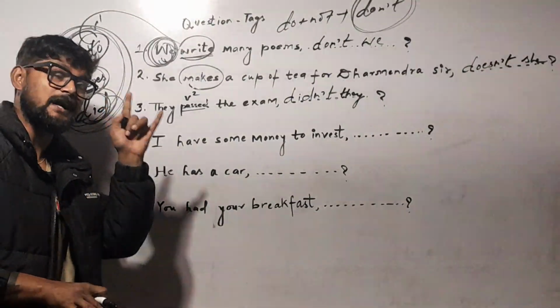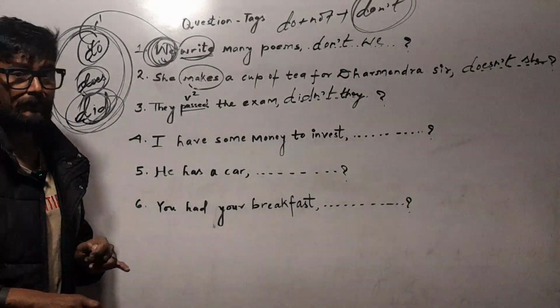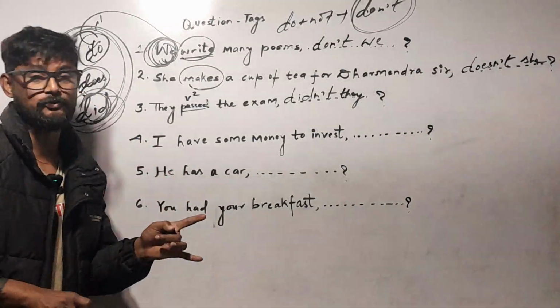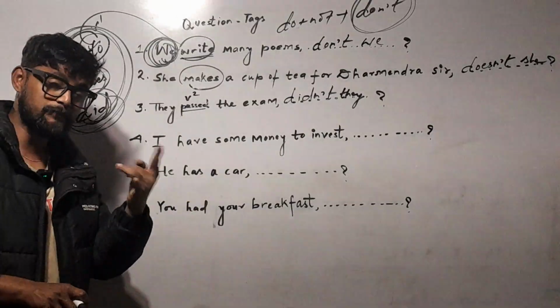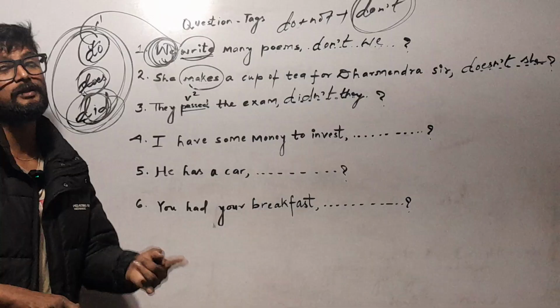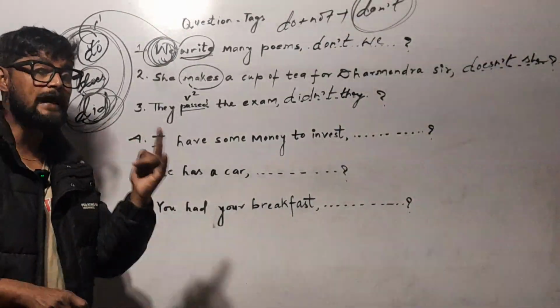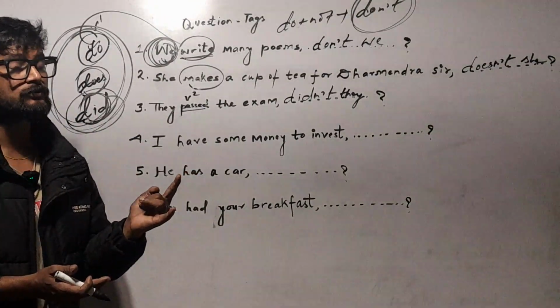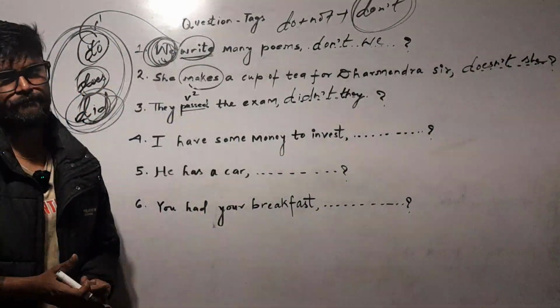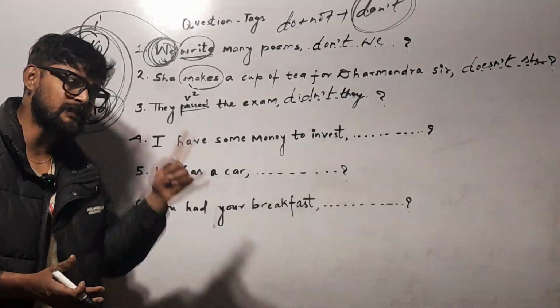Those sentences are of perfect tense because subject plus has plus verb 3 plus object, subject plus had plus verb 3 plus object, or subject plus will have or shall have plus verb 3 plus object. There must be verb 3 to be called that sentence